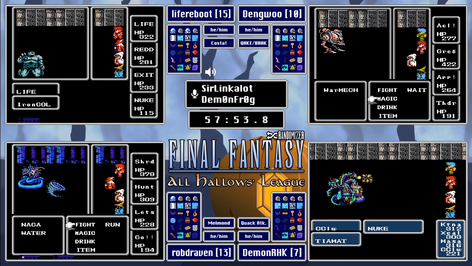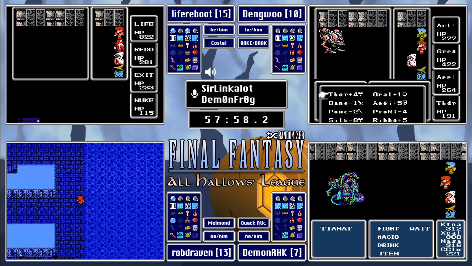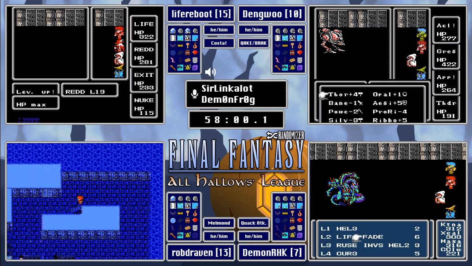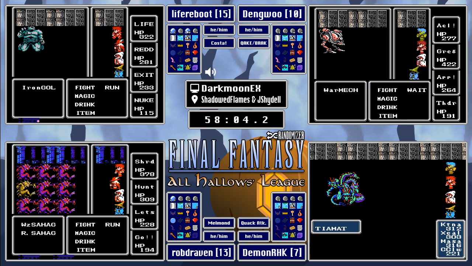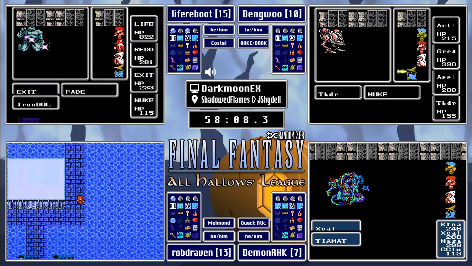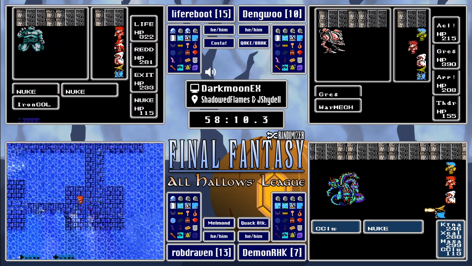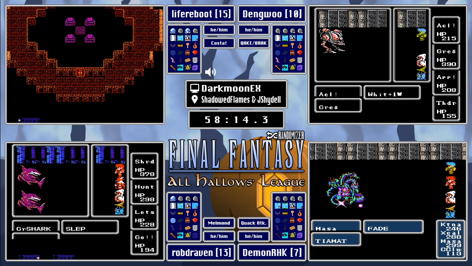Dangwoo. Oh no, Warmech has fast too. Oh boy. The thing is, I believe Dangwoo's already gotten, I think this is round 3 maybe? He's already gotten a couple of these stacks of Invis up. Oh, there's Lightning 3, so that's kind of a good thing. But he's getting a chance to get all of his party members that evasion, so at this point, if Warmech